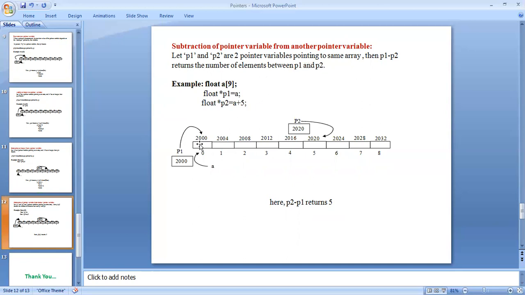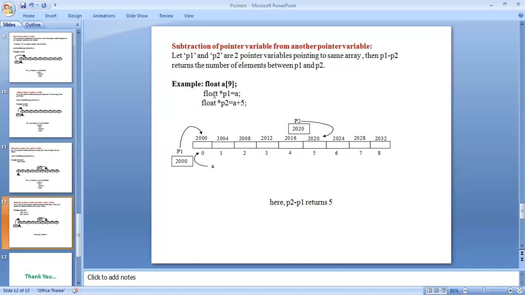Suppose P1 is 2000 and P2 is 2020. How many elements are there between the two of them? 1, 2, 3, 4. Four is there, and each memory location differs by 4.